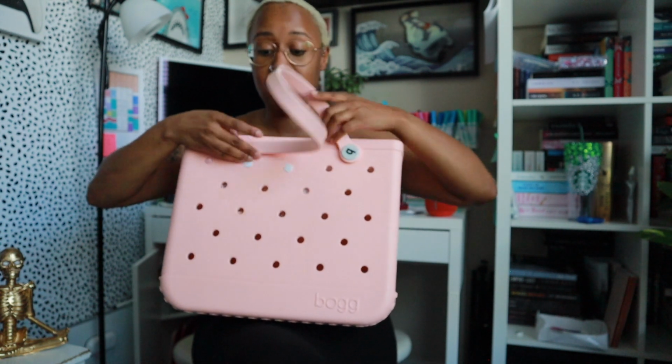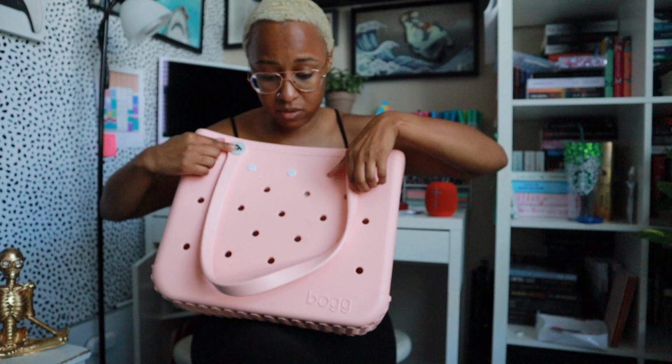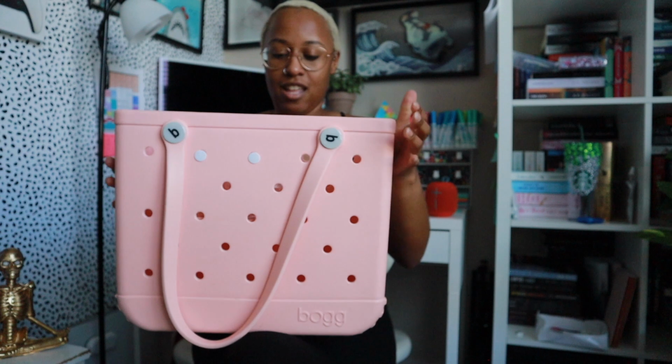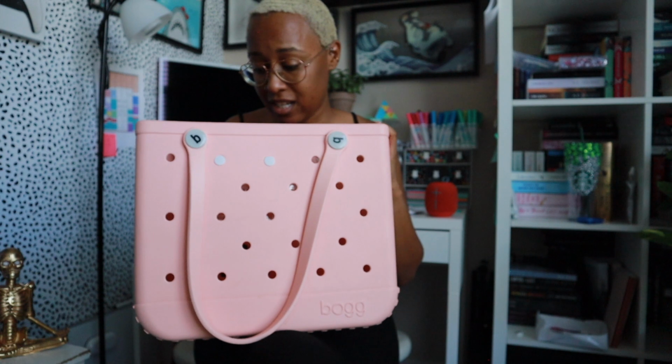Honestly, they just fit everything, and they clean well. They are cute, and it's maybe not the most fashionable bag. And as a girl who loves purses, me saying that, that's a big thing for me. One thing is that twisting it right is a pain in the butt. Okay, it's this way. There we go. And then they snap down. But I just got a cute color that I liked that matched my Stanley, and I just like the durability of this bag. It's worth the money to me,